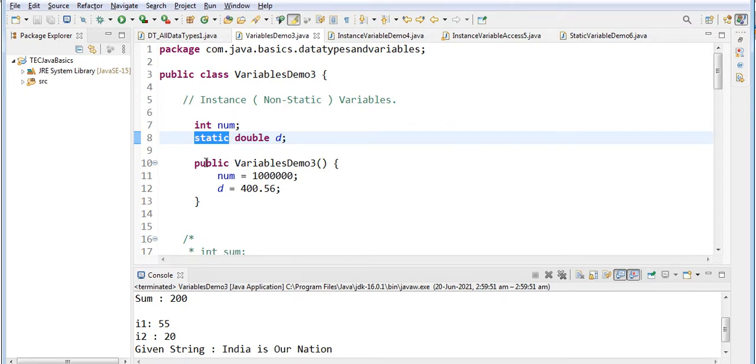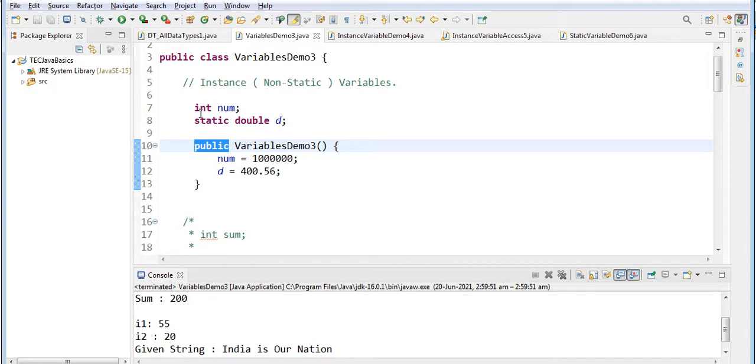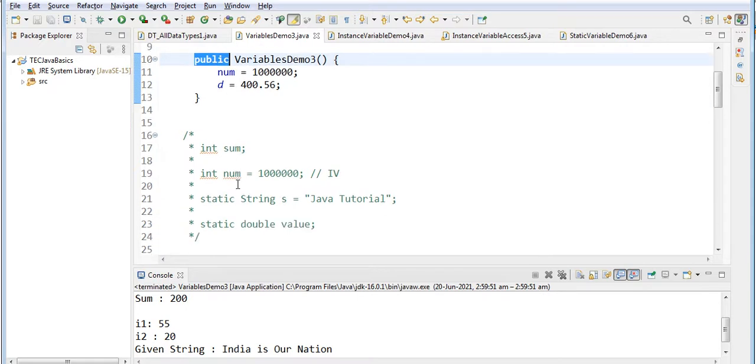All those things are not mandatory for the constructor, and the only thing you can use is public or private, that is, the access specifiers. So this is how you have to declare and initialize the variable at the class level. Next one we will see. So this is not allowed, isn't it?